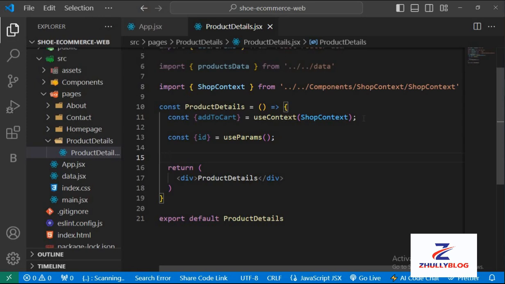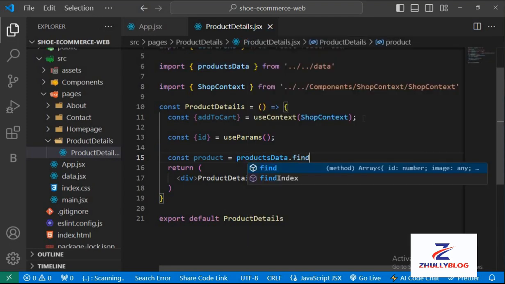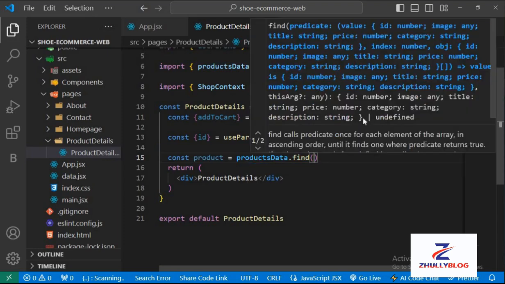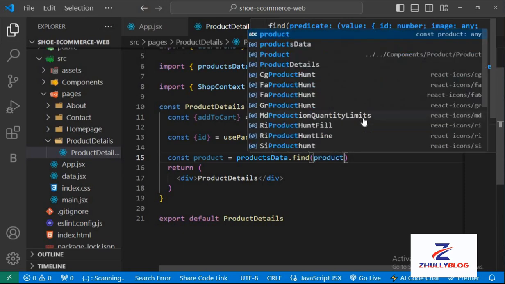Okay, so here const product, the product is going to store the ID of the product that we're looking for in product data. So in product data, we're going to use the find method to get each of our products,